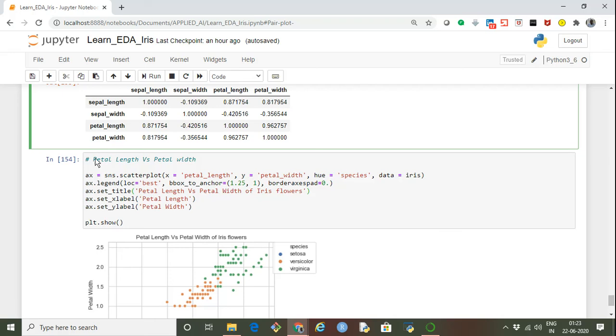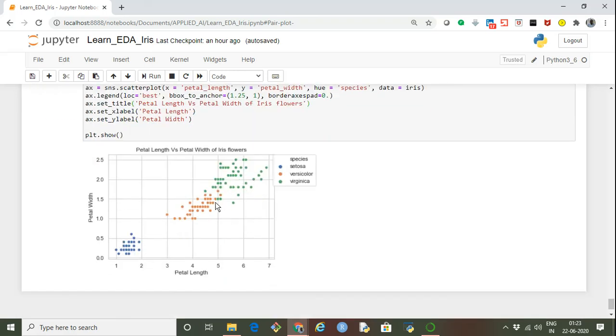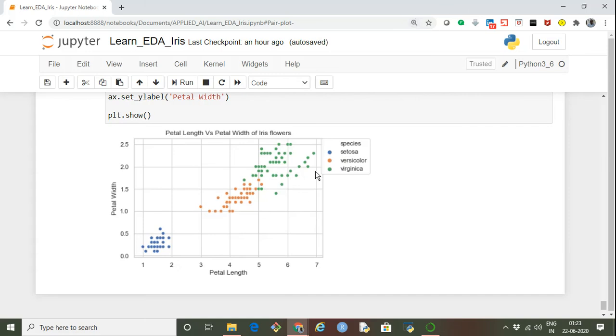So taking these two, petal length and petal width, and coloring the data points based on the species, this is what we got. We can see setosa is clearly separable here, versicolor is the orange points that we are seeing here, and the green points are virginica.